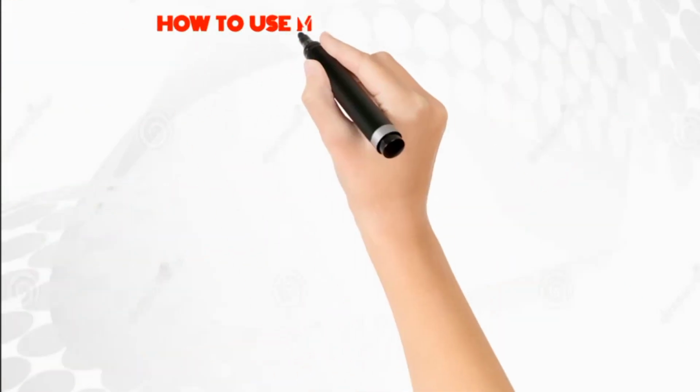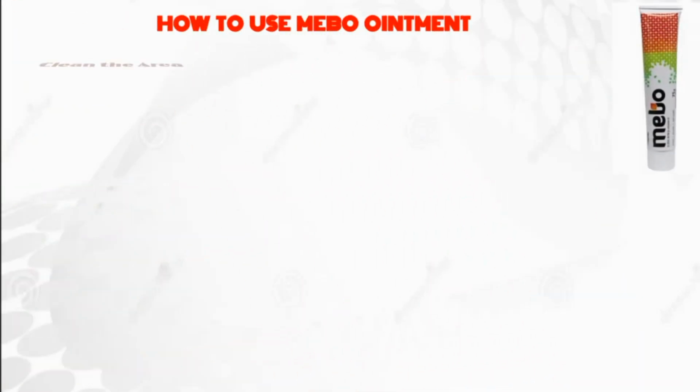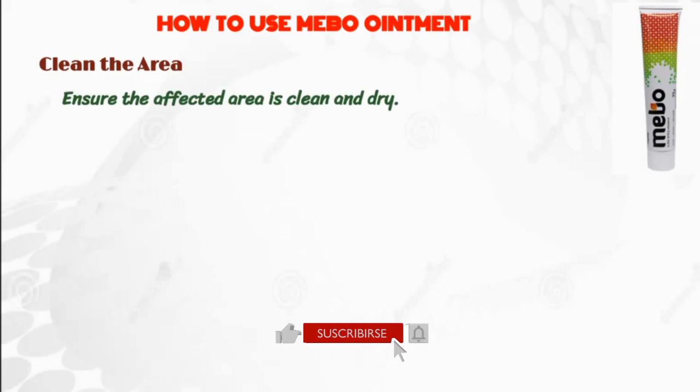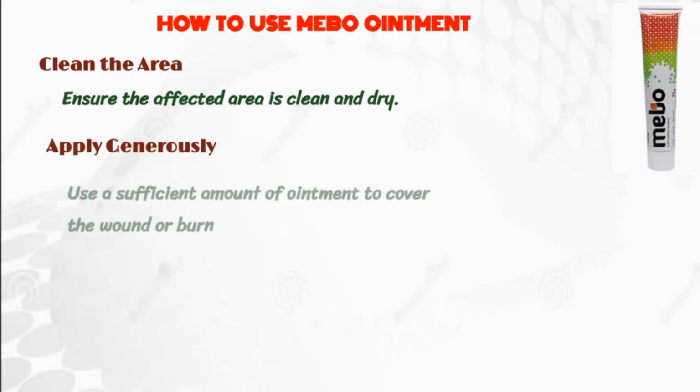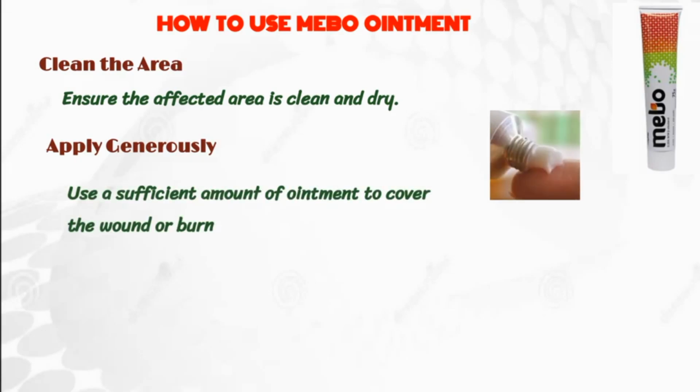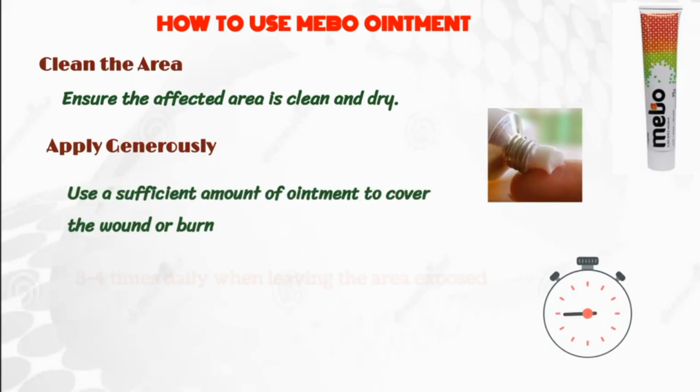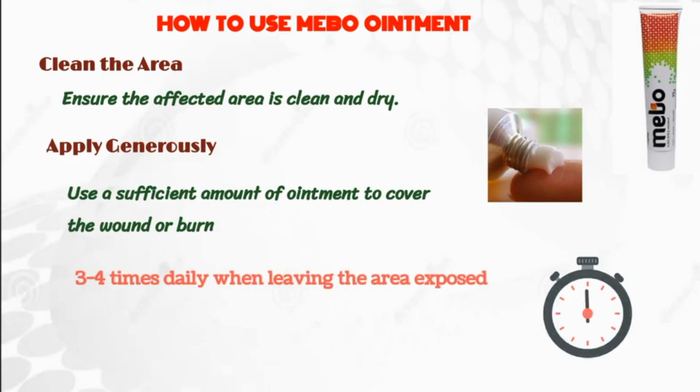Let's see how to use Mebo ointment. Clean the area. Before applying, ensure the affected area is clean and dry. Apply generously. Use a sufficient amount of ointment to cover the wound or burn. Put the ointment 3 to 4 times daily when leaving the area exposed, or twice a day if a bandage